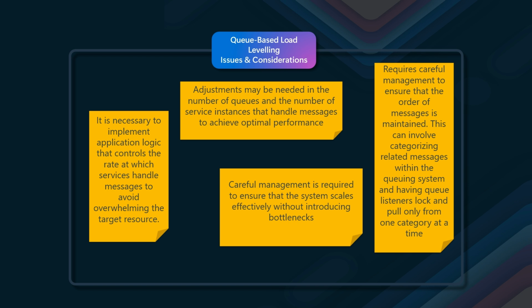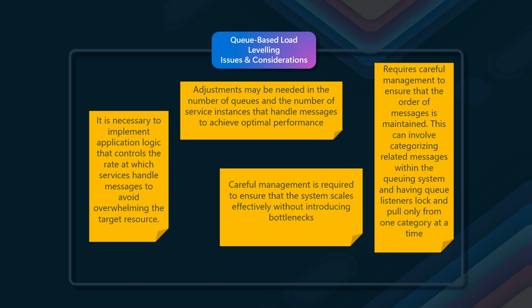So, rate control. It's necessary to implement application logic that controls the rate at which the service handles messages to avoid overwhelming the target resource. This involves ensuring that spikes in demand are not passed on to the next stage of the system. Testing under load. The system should be tested under load to ensure that it provides the required leveling. Adjustments may be needed to the number of queues and the number of service instances that handle messages to achieve optimal